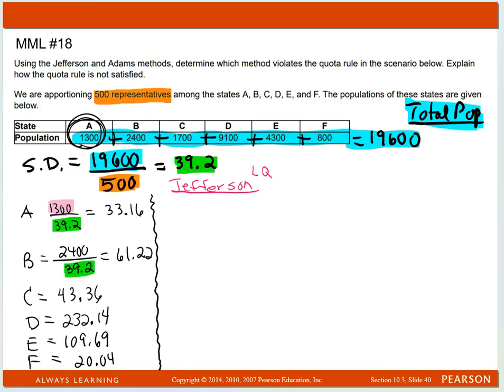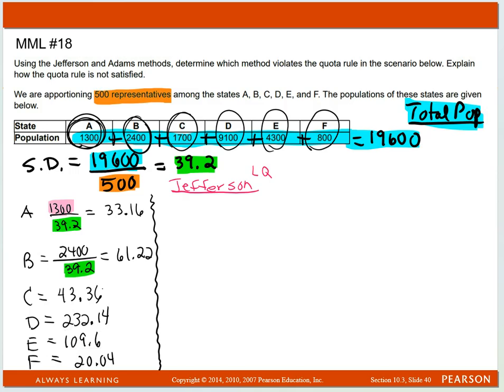So I did everything. Let me get my black pen. I took each one of these, each state's population, and divided it by the 39.2, and I got the 33.16 right here, the 61.22, the 43.36, all of these numbers here, okay? Those are their standard quotas. Now, what I have to first do is get rid of these underlined things, is think about